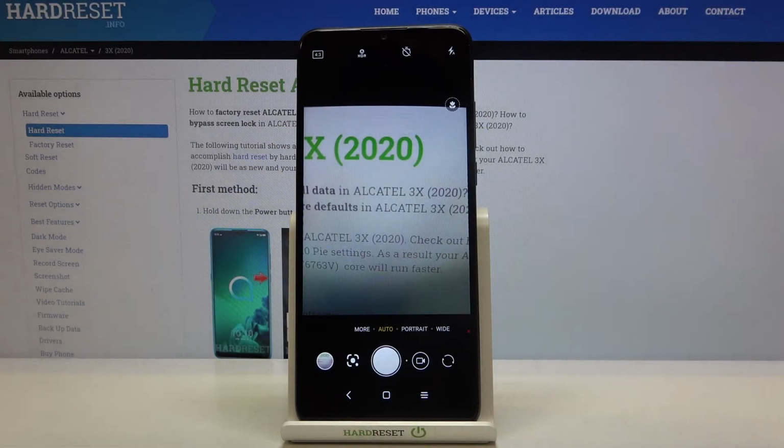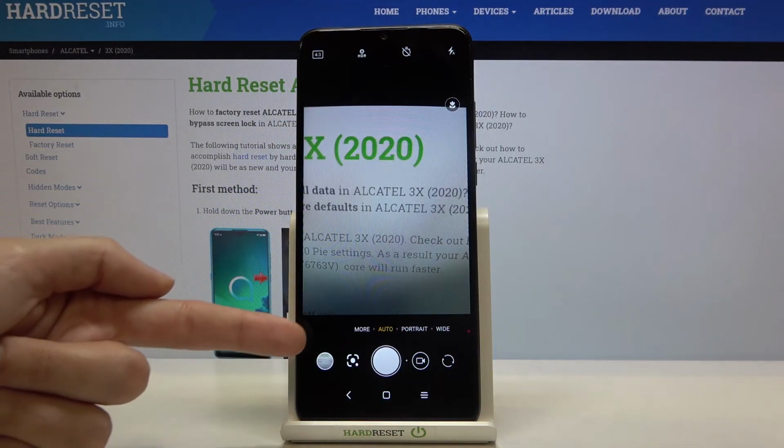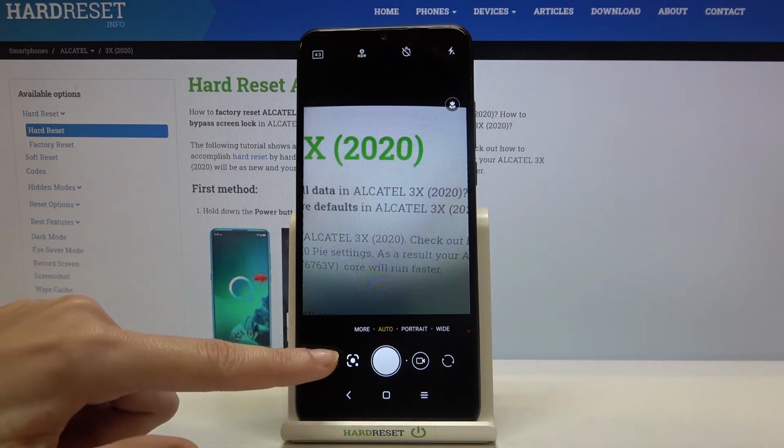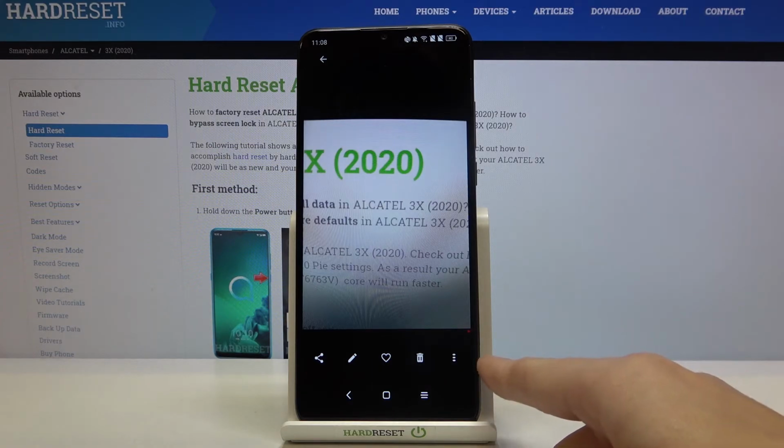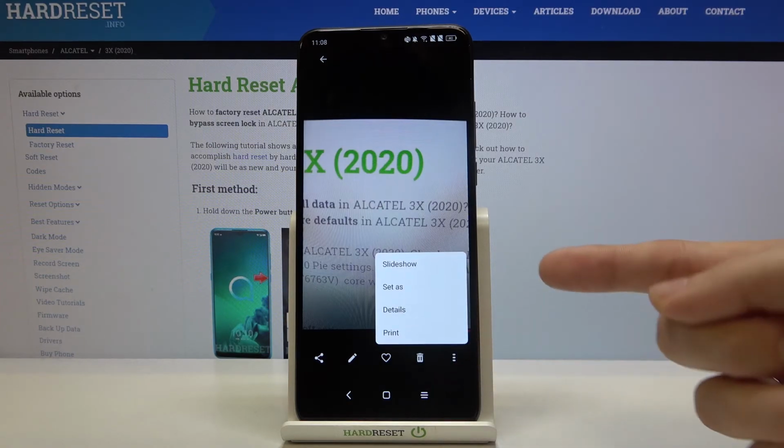Let's go back to the camera and take a photo. And now let's move here to the left corner at the bottom to this button. When we pick this we get quick access to the gallery, so this is our picture. To check its location, let's go to the right corner at the bottom to this button, and here let's pick